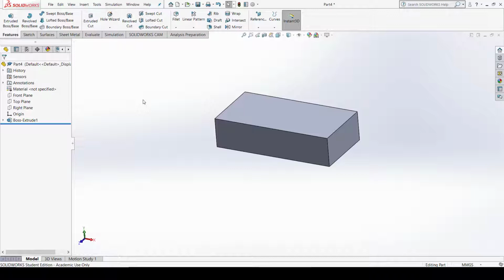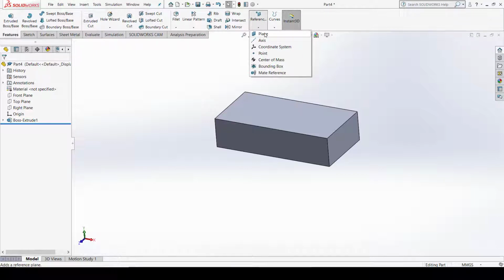So how to create those planes? Let me go to this reference part here. You can see in the feature toolbar, select Reference, click on the arrow. You have two options here, plane and axis. So this is how we can create a plane and axis in this software. First of all we discuss planes, and later on we discuss the axis options. So first of all let us see how to draw the plane.